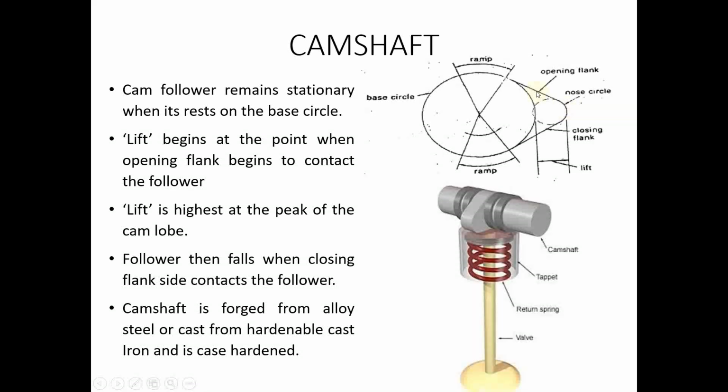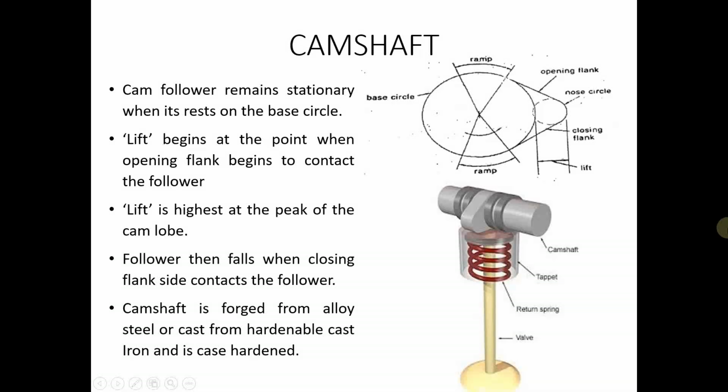So the cam lobe, when it is in contact with the follower, there is a maximum lift of the valve. And finally, after that, the closing flank area comes into contact with the follower, and due to the spring loaded mechanism, the valve closes automatically.